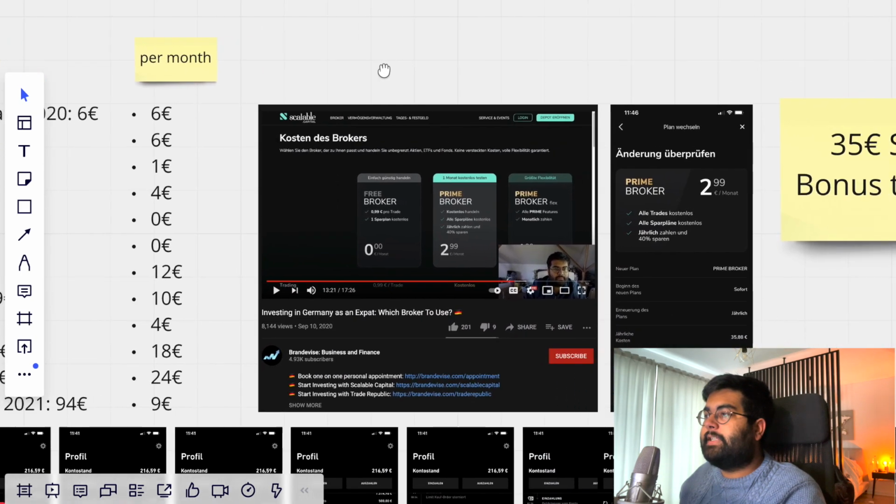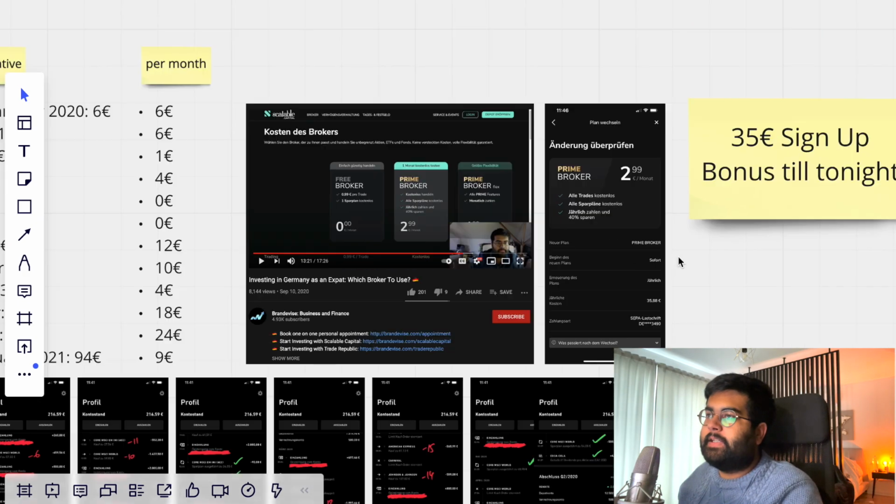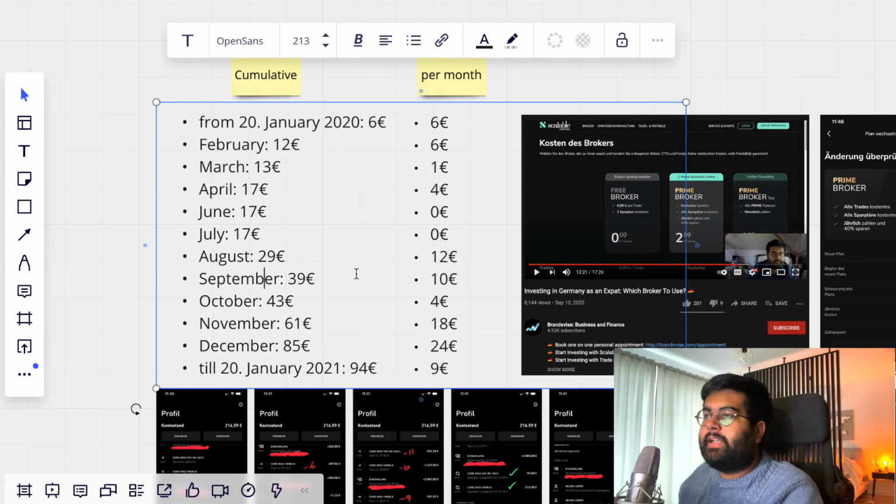And if you take a look at Scalable Capital's offer, if you want to have a flat fee and you do not want to pay anything at all, you're just paying €35.88. So in September already, I would have been better off with Scalable Capital than with Trade Republic. And even if I would have made the change in September already, and I would have paid the additional €36,